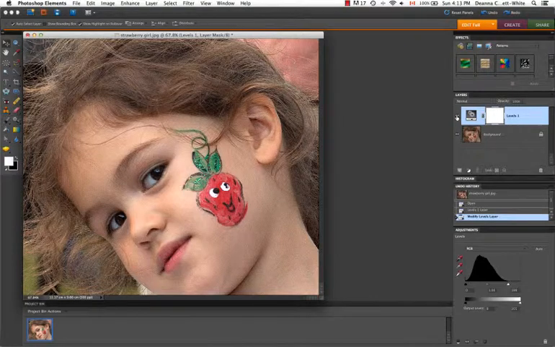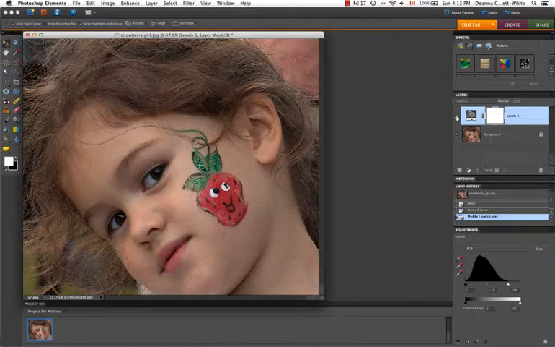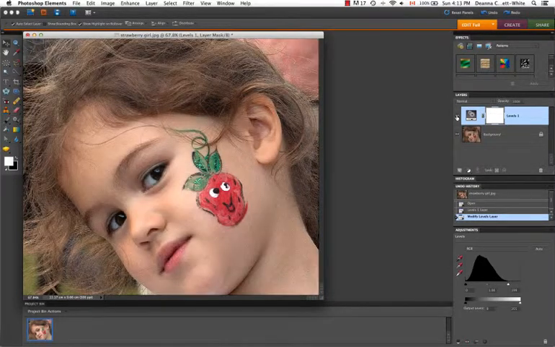So if I click the visibility icon, I can see what it's like with it or without it. If I want to make changes to that, I can go back at any time to do that, and we'll talk about that in a little while. Let's move on to the next one,